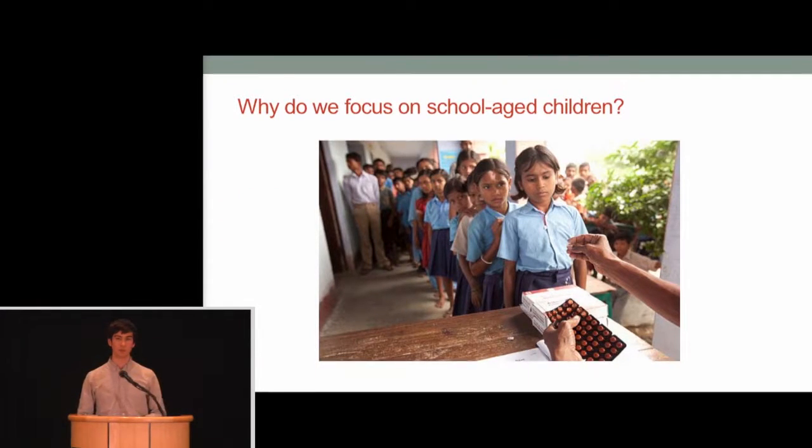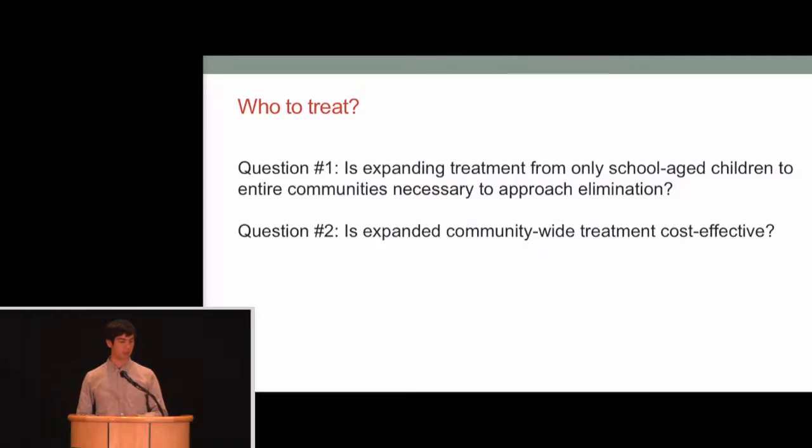So why is it that we focus on school-aged children alone? Certainly, there's a lot of good reasons. It's a population we deeply care about. Infection is especially prevalent in this group, and schools provide a central distribution center to provide medicine. But at the same time, when infection is present in younger children and adults as well, if you don't treat those other populations, they act as a reservoir that just drives reinfection, as well as having disease themselves. So this is the first question we wanted to look at.